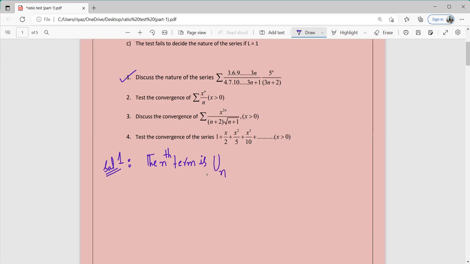Un is equal to 3 into 6 into 9 and so on, 3n, divided by 4. यही है ना nth टर्म? Un का मतलब nth term है ना. This is 3n plus 1. 5 to the power of n by 3n plus 2. राइट।